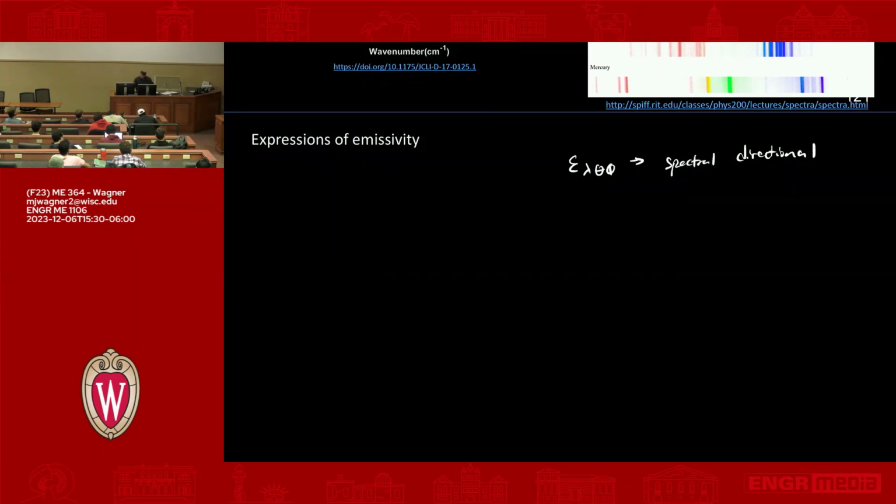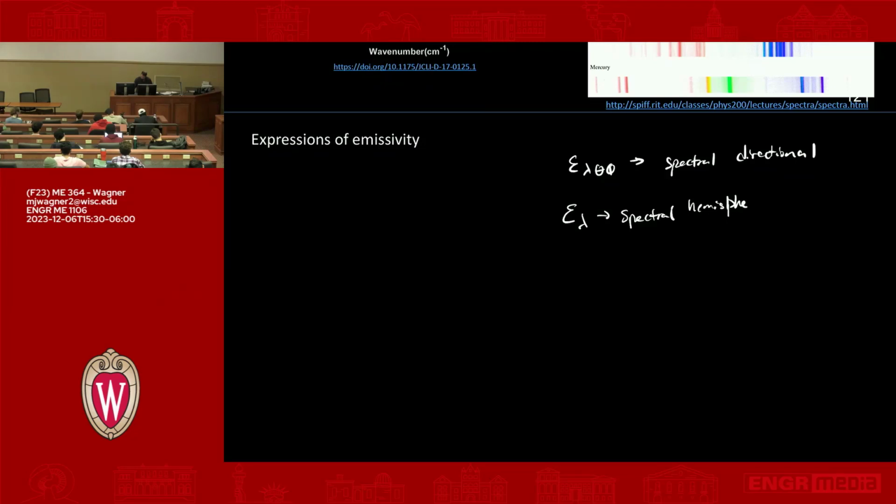The second thing we can do is assume that we take a surface and we say that it's diffuse. A diffuse surface, by definition, means that the light leaving the surface is equally probable to leave in any direction. So by that definition, there is no dependence on theta and phi. We're throwing that away. So if it's a diffuse surface, this is just epsilon sub lambda, and we call this spectral hemispherical